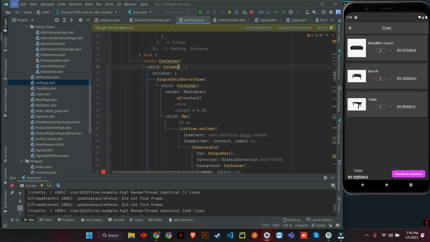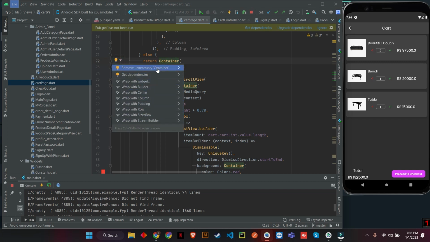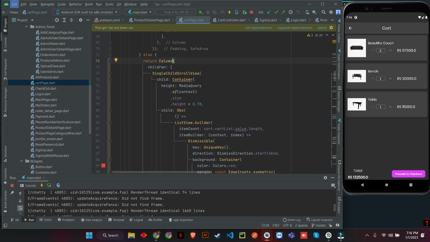That whole container will have a column, which will have a single child scroll view, which will contain a container of this value. I don't think that this container is necessary. So this whole column right here will contain a single scroll view, which will have the items in the scroll view. And after that, there is a container